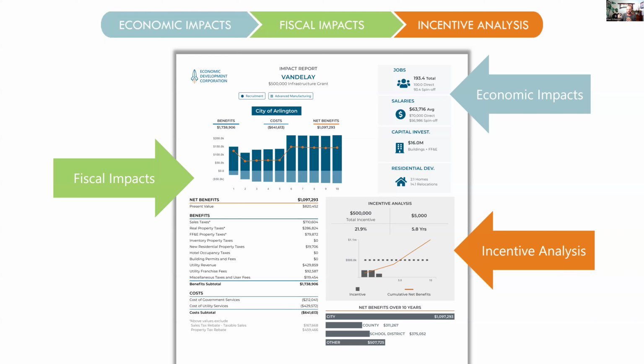And that is going to be useful for us as we start to consider potential incentives. And so as we're putting this on the page here, we see the incentive analysis in the gray box, and we can see that we're considering a $500,000 incentive compared to the net benefits this project generates over time, and we can calculate in that context a payback period and a rate of return. And so that's the way that we try to tie all of these things together,